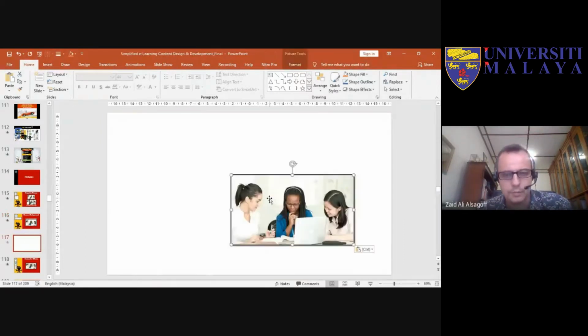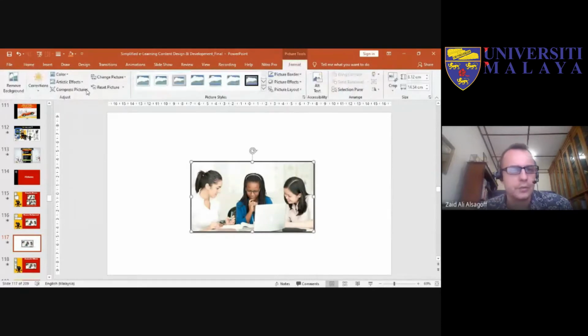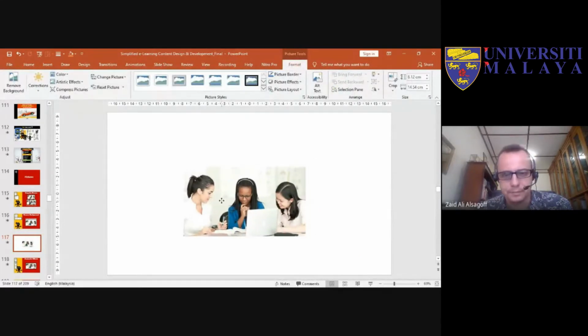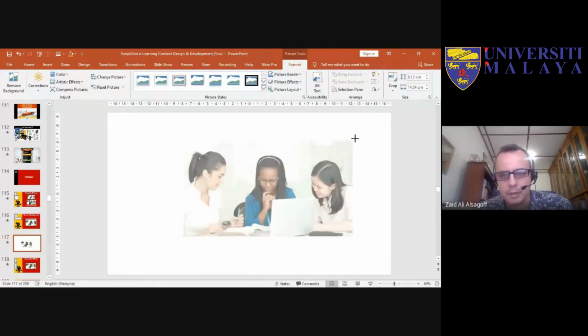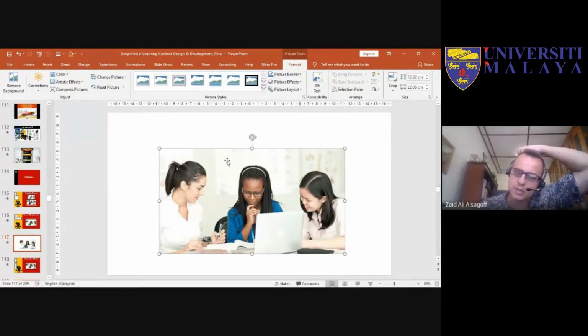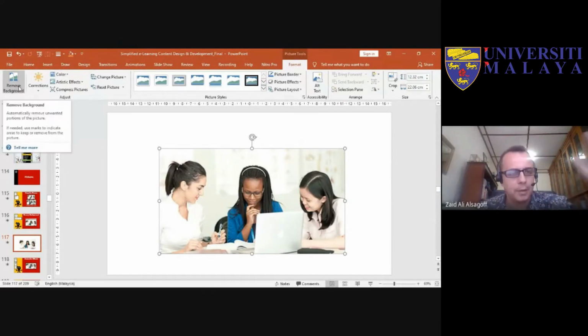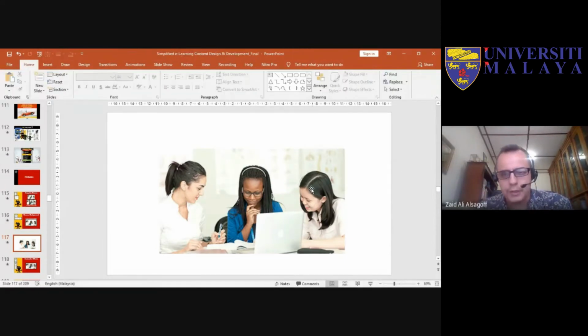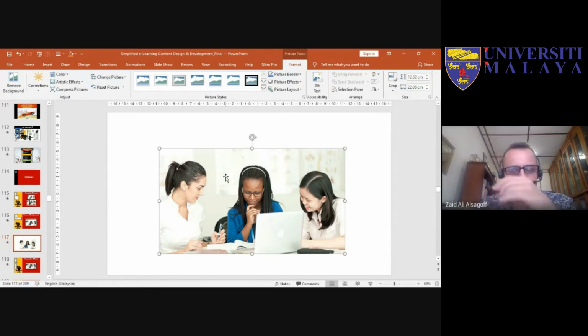Okay, so this is not an easy picture. I'm just going to reset it. Okay, so say that I don't want the background here. Let's just make it a bit bigger. You see the remove background icon on the upper left here. Always when you want to look for features, just double click the item and then the features will come out that you can do. But the thing is, this is not an easy picture to remove the background